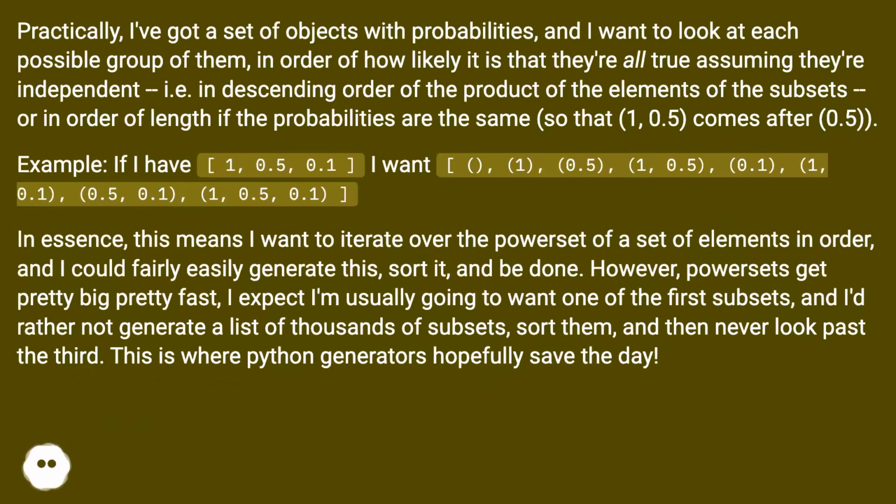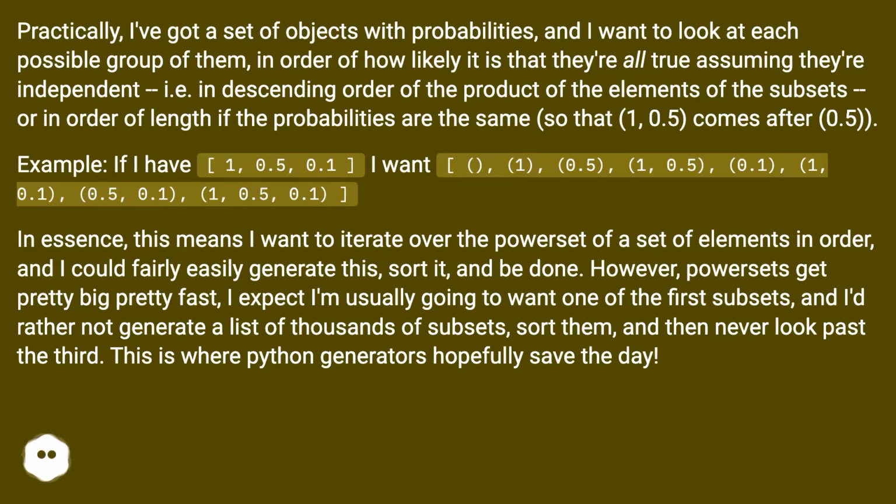i.e. in descending order of the product of the elements of the subsets, or in order of length if the probabilities are the same, so that [1, 0.5] comes after [0.5]. Example, if I have [1, 0.5, 0.1], I want [1], [0.5], [1, 0.5], [0.1], [1, 0.1], [0.5, 0.1], [1, 0.5, 0.1]. In essence, this means I want to iterate over the power set of a set of elements in order,